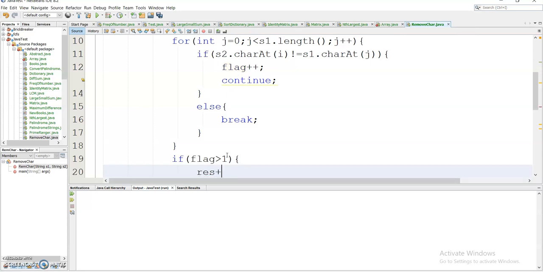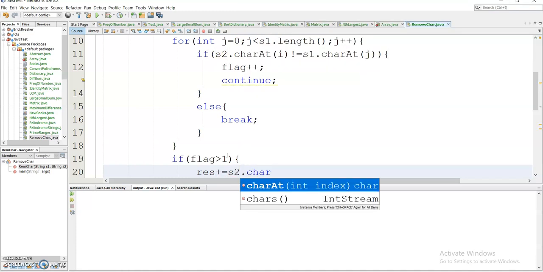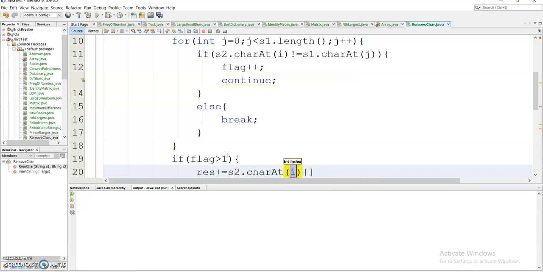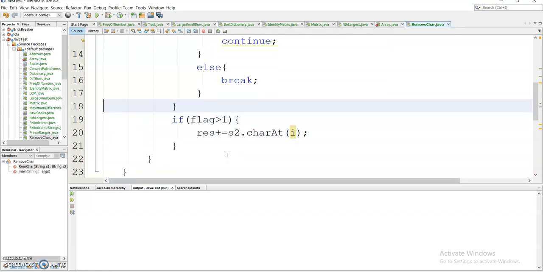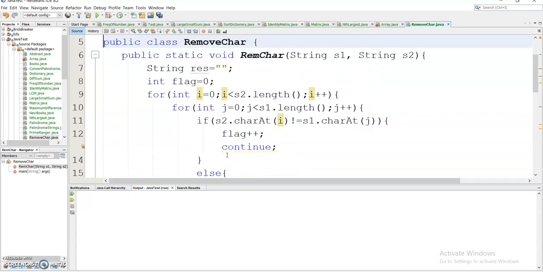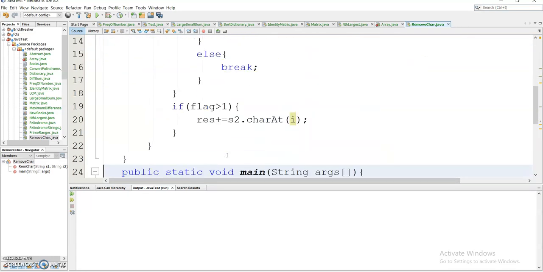So I will store that character in my res variable. res equals res plus s2.charAt(i). Yes. Now that's all, and let me run this program.